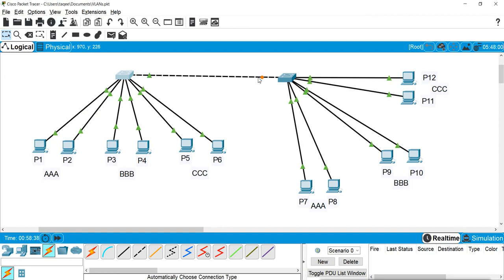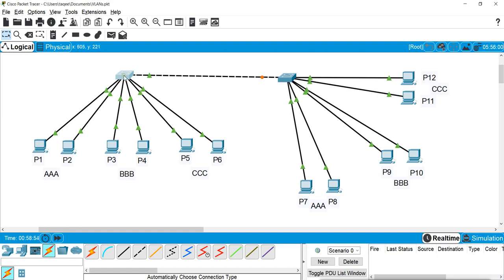Only then can they communicate. Now you see, I have not mentioned any trunking protocol, because by default only 802.1Q is supported. The ISL option is not available.